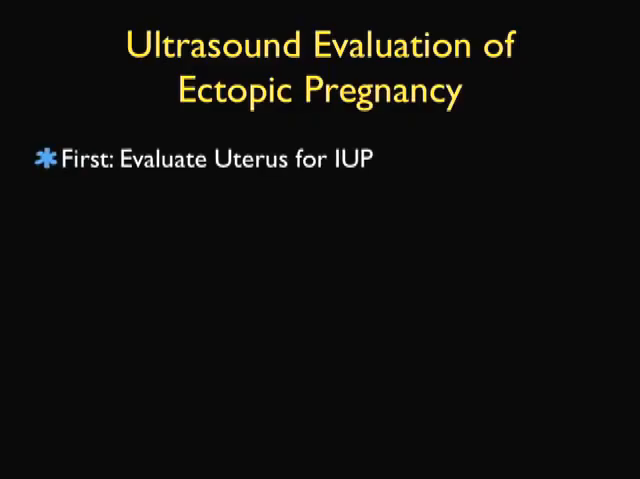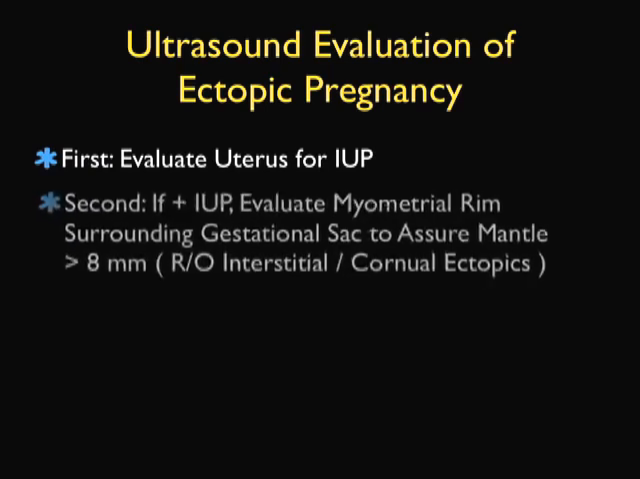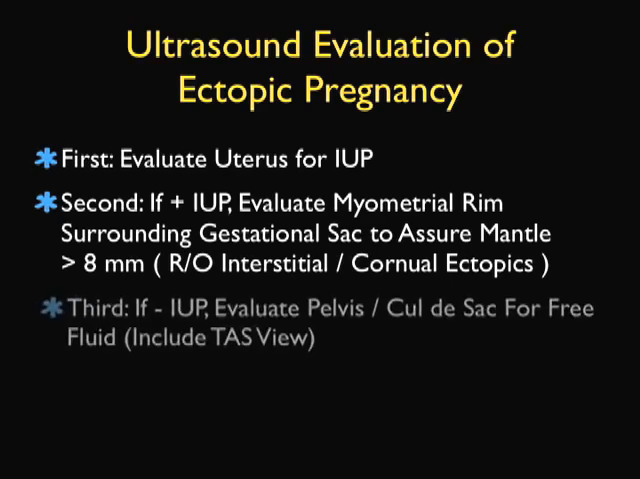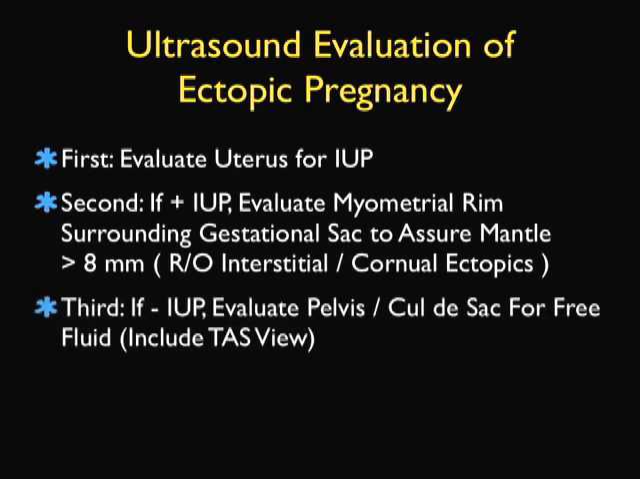As we now have a better understanding of where to look for ectopic pregnancies anatomically in the female pelvis, let's go over a strategy that we can use when employing bedside ultrasound to look for ectopic pregnancies. First of all, we want to evaluate the uterus thoroughly for an intrauterine pregnancy. Second, if an intrauterine pregnancy is seen, we're then going to evaluate the myometrial rim surrounding the gestational sac, known